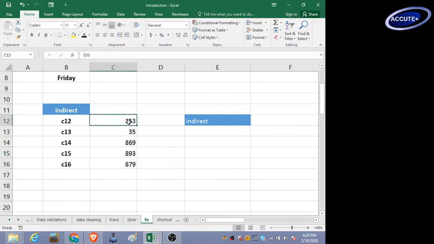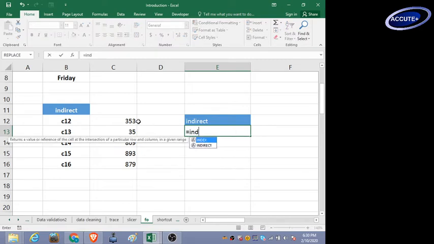I've got these figures here, right? This figure is in a cell called C12. I've written the C12 here, same with the rest. I want to show you how the INDIRECT formula works. The INDIRECT formula refers to another cell, like it refers to this cell and picks out the reference in this cell to another cell to bring back that value. Okay? So if I say equals, then I say INDIRECT,